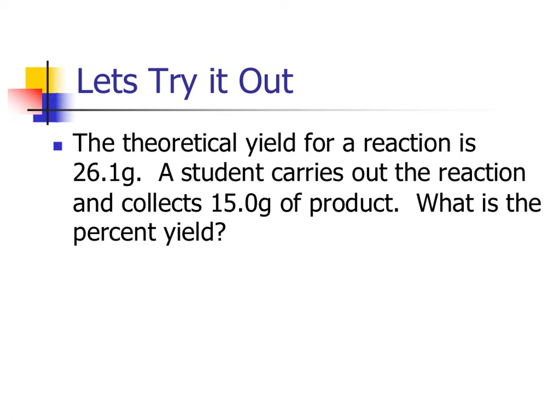So let's try some out. The theoretical yield for a reaction is 26.1 grams. A student carries out the reaction and collects 15 grams of product. What is the percent yield? Well, like I said, it would be the equivalent of saying the test is out of 26.1 grams, and the student took the test and got a 15 as they produced. What is their grade? Well, that's the same as asking what the percent yield is by saying 15